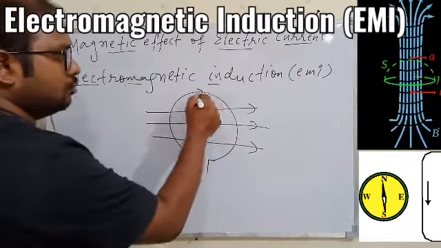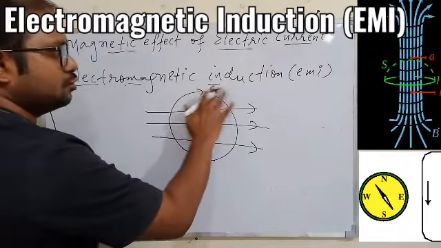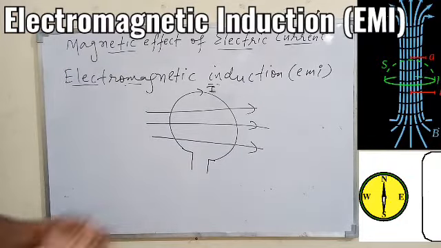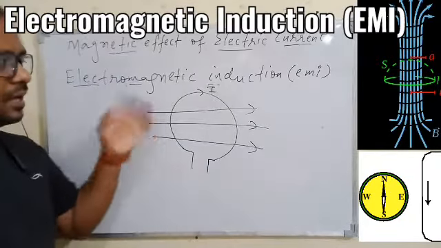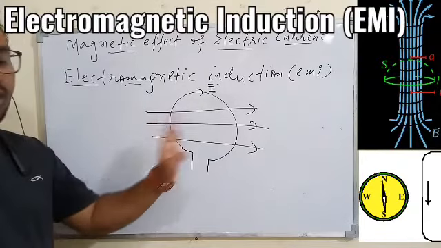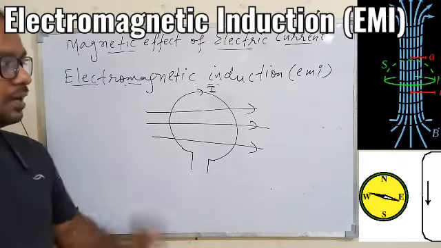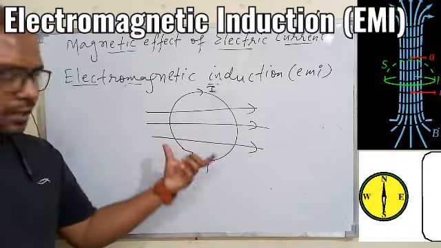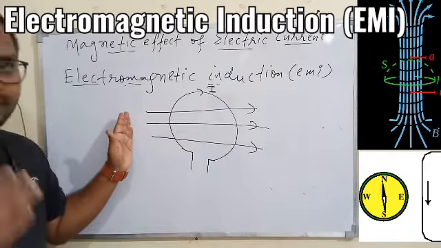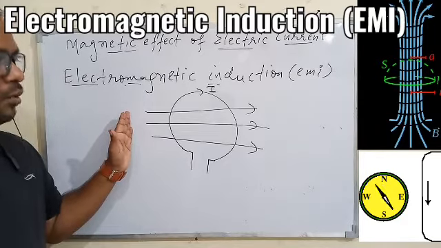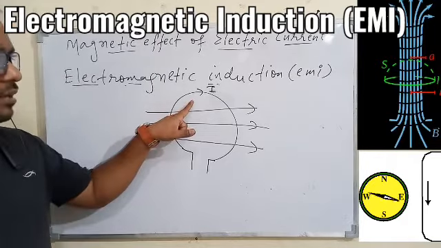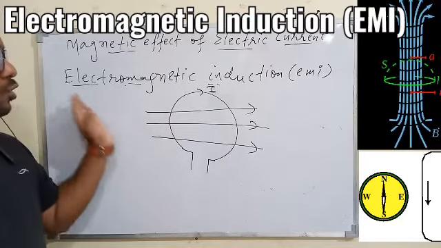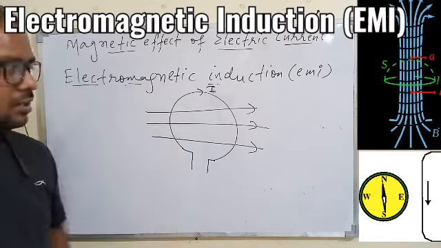So in this coil there will be some current. Some current will automatically start flowing in the coil. So without any power supply we can have the current in the coil with the help of magnetic field. I am repeating again, if through a particular coil there is a change in flux or magnetic flux with time, then current is induced in the coil. This phenomenon is called electromagnetic induction.